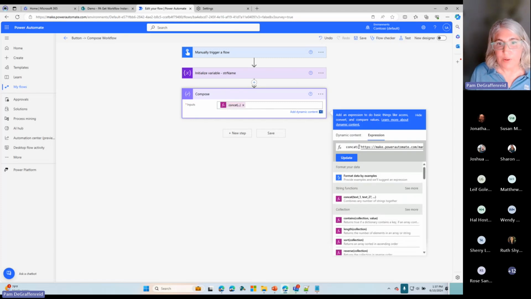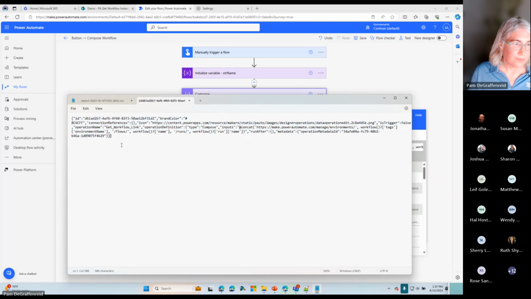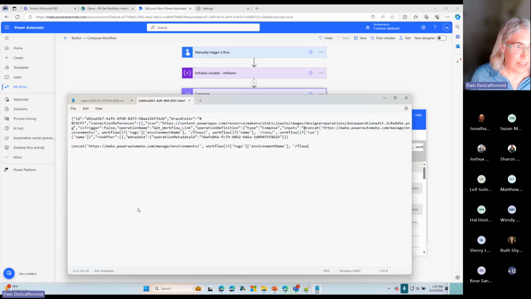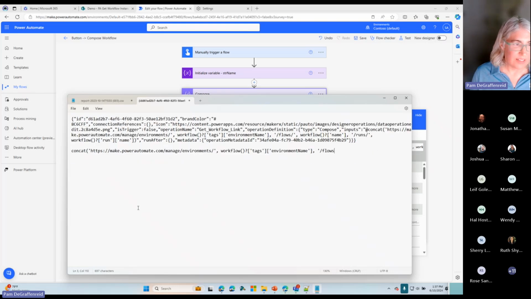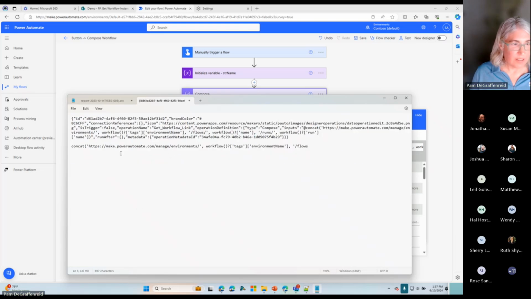Let me pull it up this way and see if I can zoom in a little so you guys can see it. So basically what I'm doing is I'm building a link back to this workflow instance. And then I take that link after I've built it and I write it back to the list. So here, if you haven't used the workflow expression, what it's going to do is it's going to get you